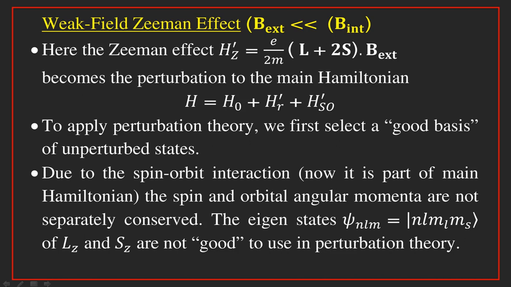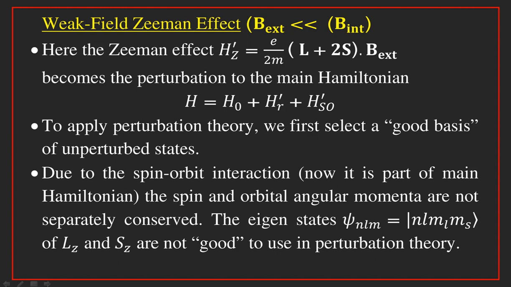A good basis means a basis in which our perturbation is diagonal. If the perturbation is diagonal in the basis, we can proceed with non-degenerate perturbation theory. Now here, because of the presence of this spin orbit coupling, the original eigenstates of the hydrogen atom, that is psi n l m_l m_s, are no longer good because